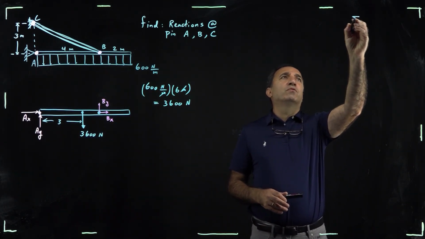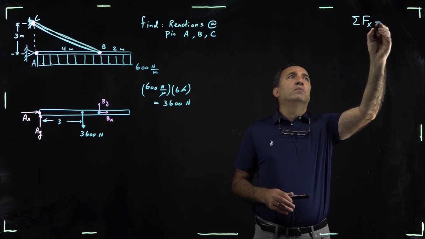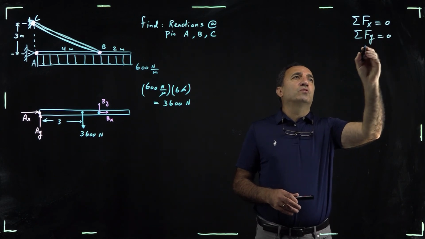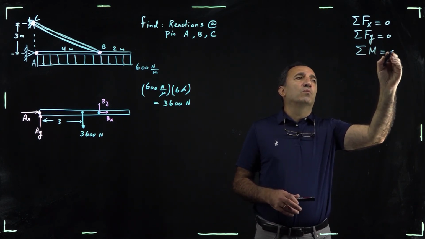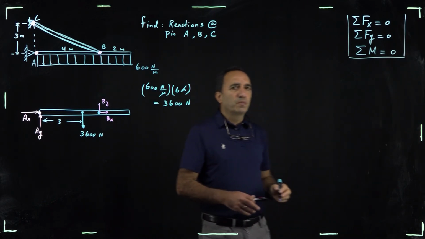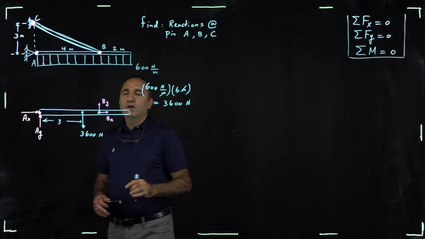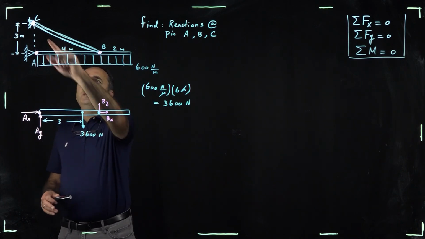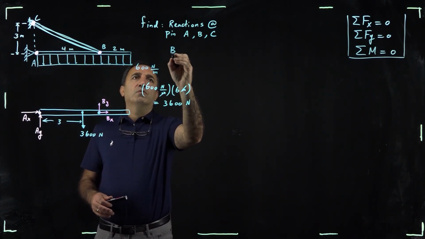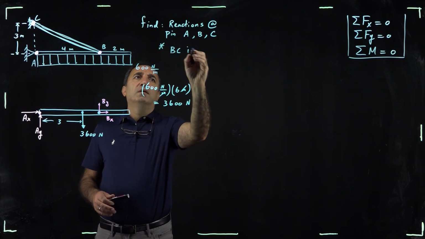Let me list them here for you. For a 2D problem, we can balance forces in X and Y. That would be 2 equations. And then you have a moment equation. You can take moment about any point you want. So you're limited to these 3 equations. So what's going on? Now, it turns out that BC actually is what we call a two-force member. So very important, BC is a